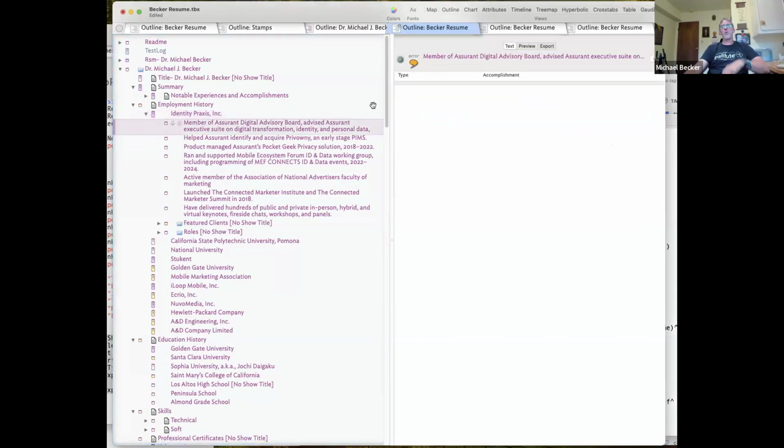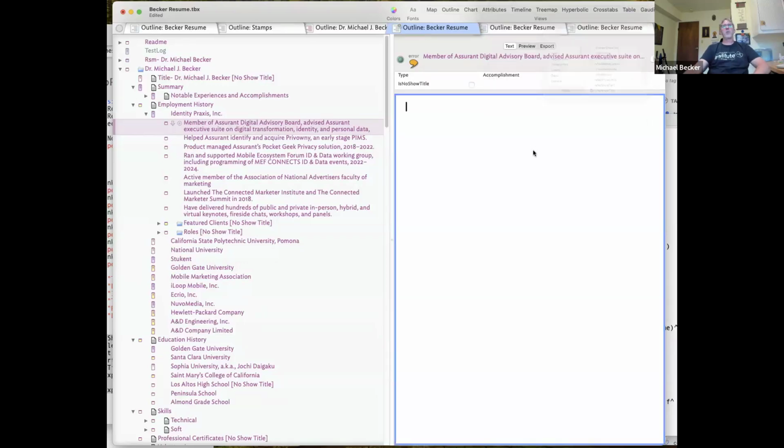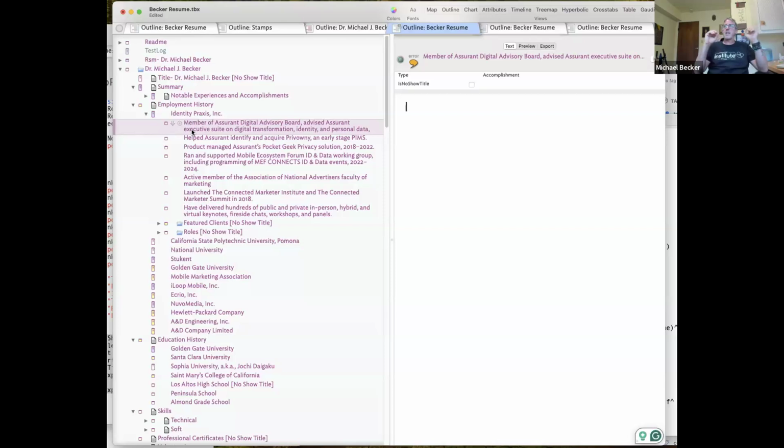Now, let's say for whatever reason I didn't want to include this. Remember at the very beginning I said when you're doing your CV, when you're setting up the collection stage of your work, dump everything in there, even if you don't think you'll ever want to really use it, because there's no harm, no foul. So let's say I have this item, member of the Assurant Digital Advisory Board, advised Assurant Executive Suite. I wanted to remember that was an accomplishment I had done in the past, and I didn't want to delete it, but I don't want it to be shown